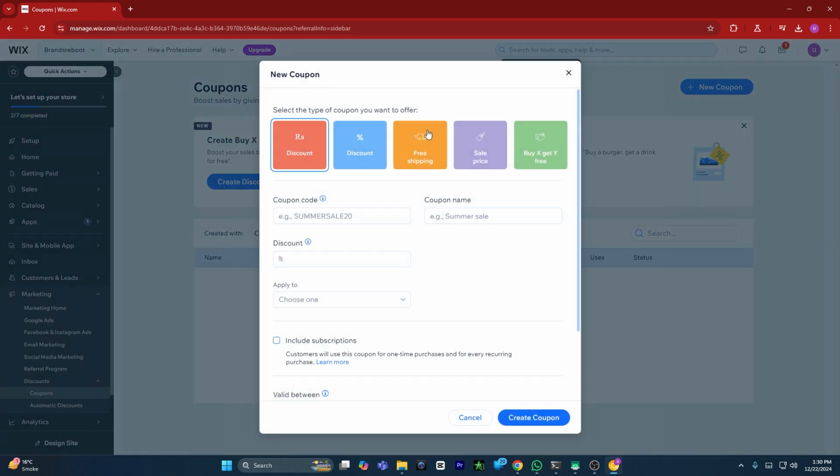Click on it. Now you have some types of coupons that you can enter or apply to your website. For example, the discount or the percentage or free shipping, sale price, buy X and get Y free. I will get sale price, and you can enter any coupon code. For example, winter sale 24. So I can just give any name, and you can also retype the name in the